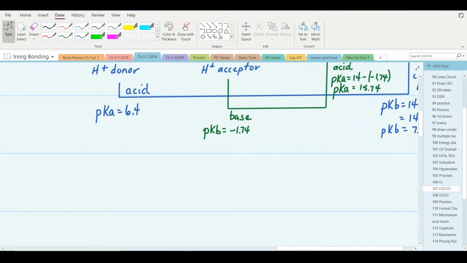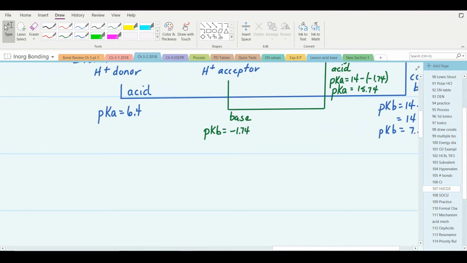So let's draw the Lewis structures of carbonic acid. I'm going to do it kind of quickly to save time because we've done many examples. We have hydrogen singly bonded to oxygen. Recall that all the acidic hydrogens are bonded to oxygens, and all of the oxygens are bonded to the central nonmetal. So H2CO3 looks like this with one more oxygen, and the one oxygen is doubly bonded to the central